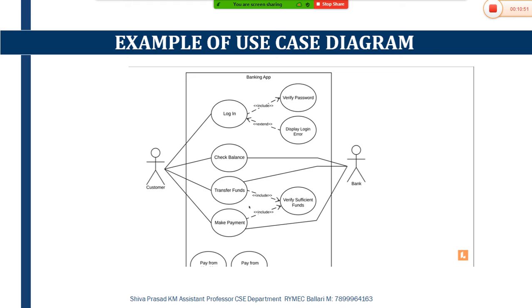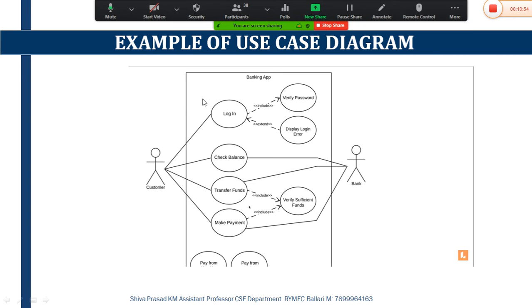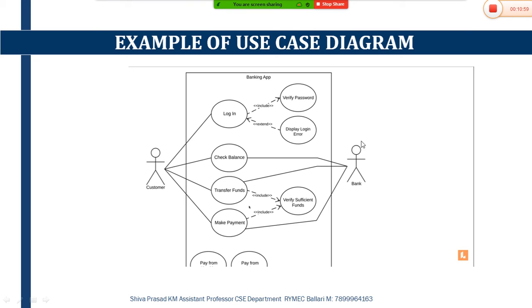I think people are familiar with this primary actor and secondary actor. Now when it comes to the banking application, as soon as the end user opens the banking application, it will ask for login. You will give your login credentials, username and password.